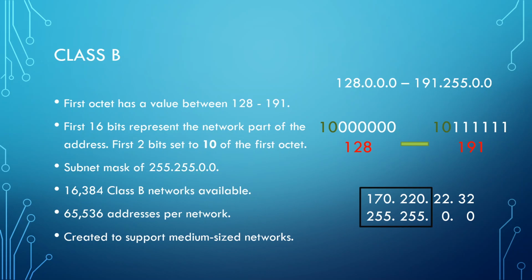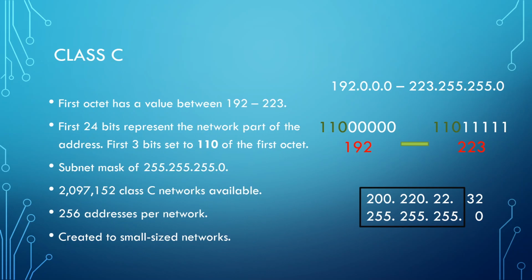And so I would just like to point out that so far, as you can see, there are organizations making everything easier. So we know that if we have a large network and a lot of hosts to support on that network, then we can use a Class A address. If we have a smaller network but still pretty large, then we can use a Class B address to support that network. And as you probably have guessed, Class C has the first octet with a value between 192 through